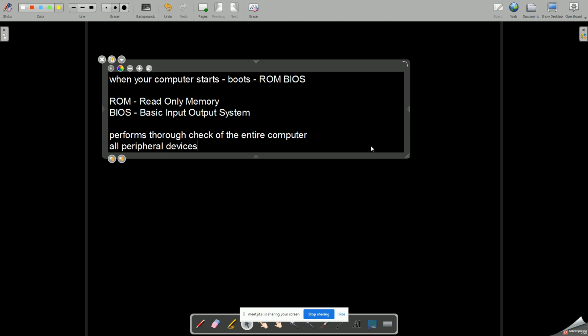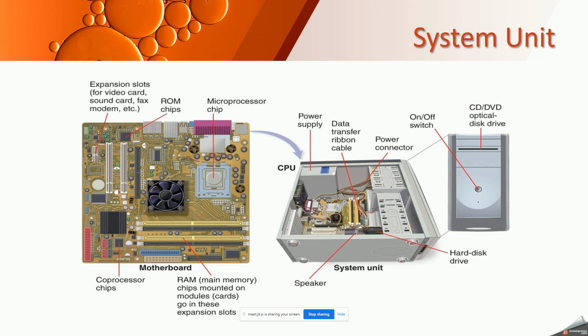When I say peripheral, means all the nearby devices, all the devices on which your computer depends upon, like your monitor is a peripheral device, your mouse is a peripheral device, keyboard, speakers. Okay, these all are what? Peripheral devices. So it checks all the peripheral devices, it checks the memory, how much RAM is available, whether your hard disk is working properly or not. So all these things, right?